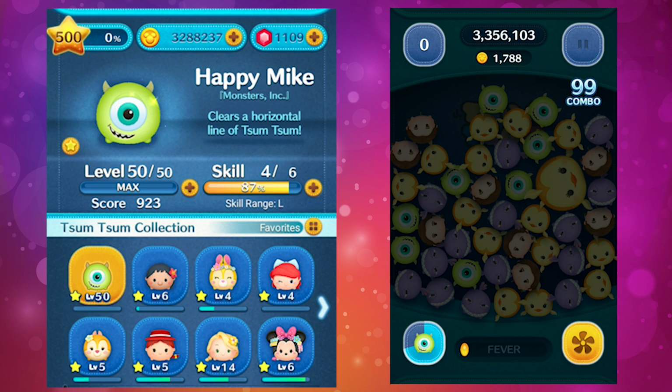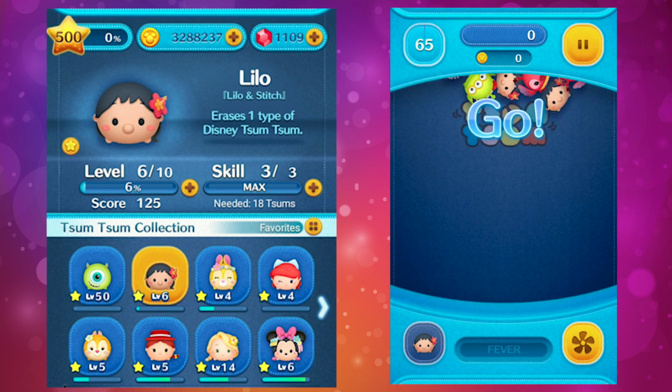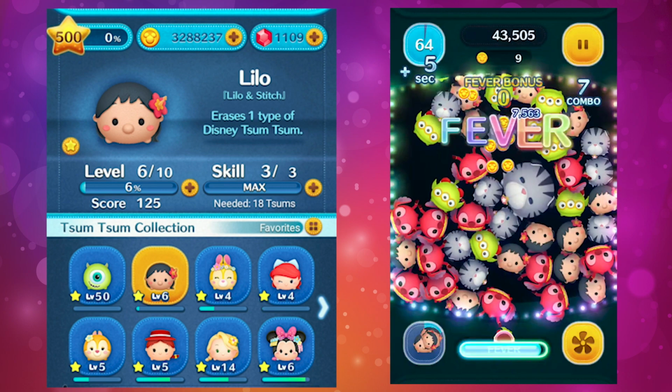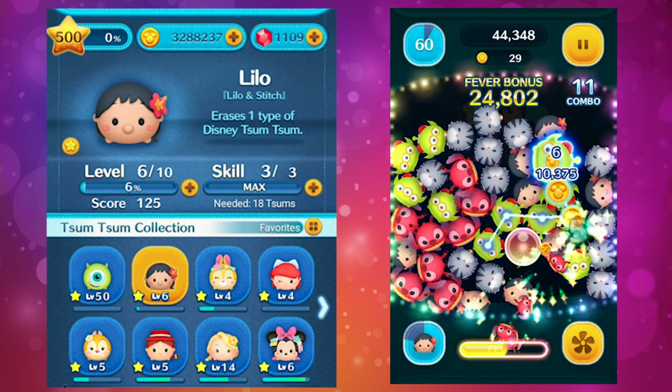So for that reason, I wouldn't recommend Happy Mike. Next, we have Lilo from Lilo and Stitch. And the ability description for Lilo is: erases one type of Disney Tsum Tsum. I am currently playing Lilo at skill level 3, so I'm going to need a total of 18 Tsums to